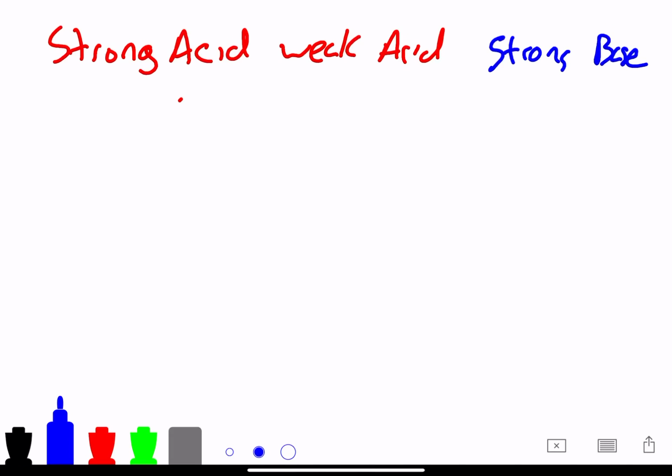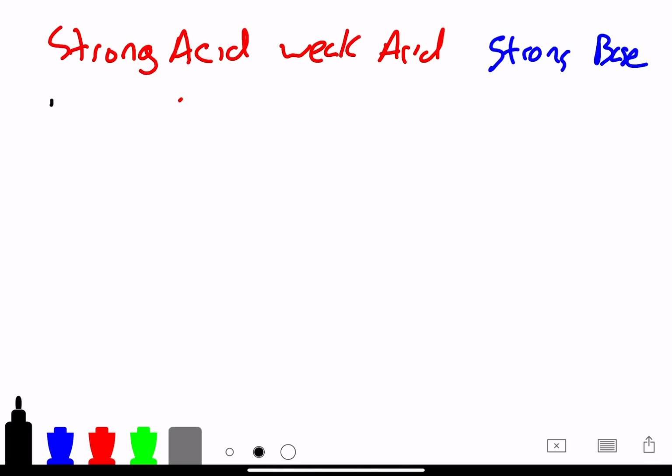Now, if you look at table 20.1, you will see the strong acids listed. There's only 6 of them. So you look on that list and you compare it to the list I gave you, and you just check them off. There's no way to figure out what a strong acid or a strong base is based on looking at the structure. You just have to have them memorized. So the strong acids are going to be